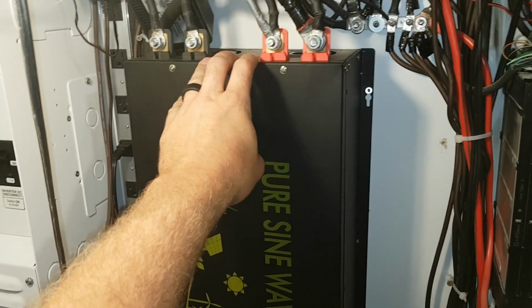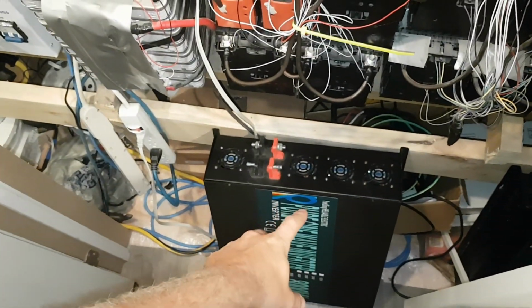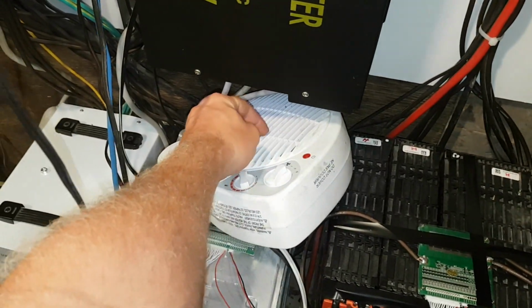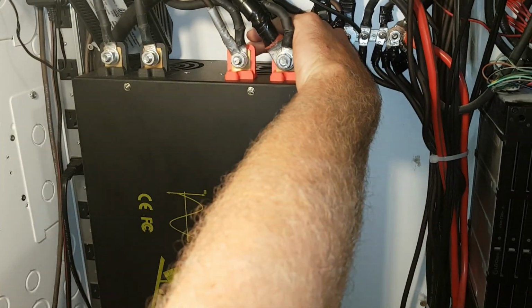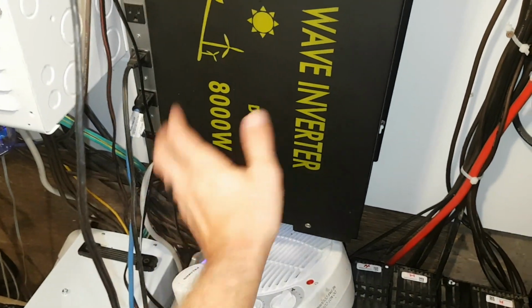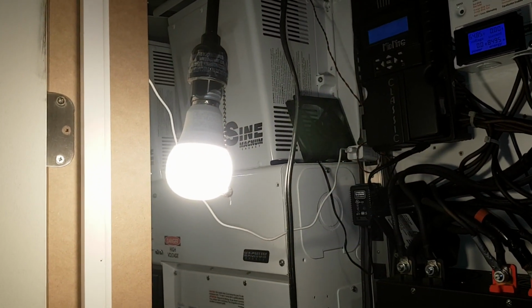I have thrown way more at this than I ever threw at this, continuously. And this thing is just chugging along. It's doing great. I got a little fan. This is a heater slash fan, just because the fans cycle on and off, but this room gets so stinking hot that I'm just doing this to help it. I got the same thing on my Magnasines. Got some little fans helping them. And